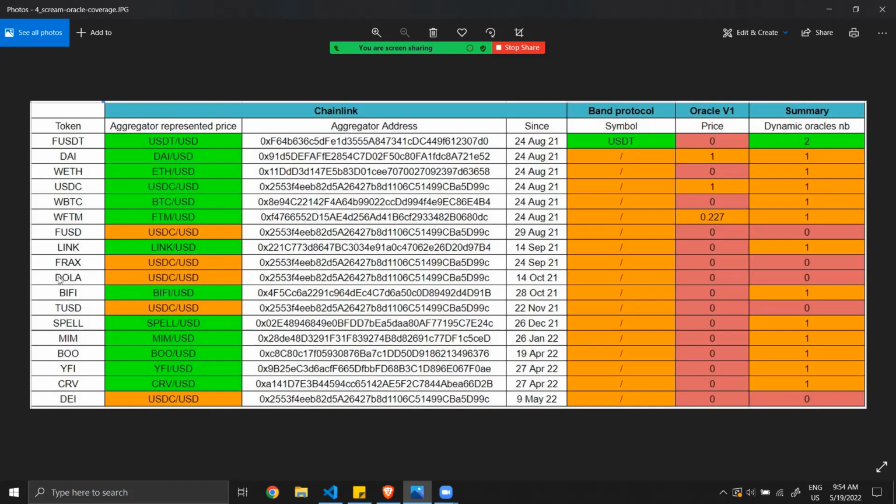The impact of this is that people will be able to deposit some tokens, and these tokens will be considered by the protocol Scream to be worth more than they actually are. And so these users will be able to borrow more assets than they should be able to do.